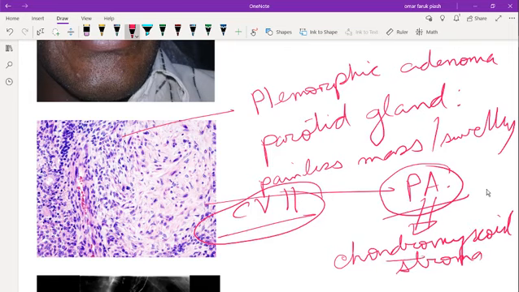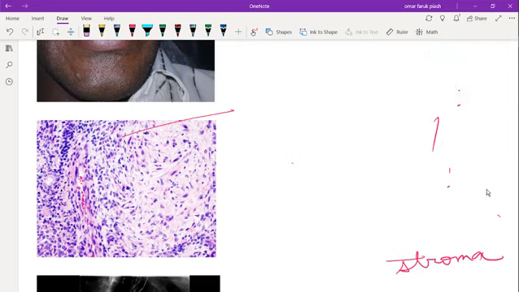And the second one is mucoepidermoid carcinoma. This is the most common malignant tumor. Mucoepidermoid carcinoma is the most common malignant tumor, and it has mucinous and squamous components. You have to remember the composition: mucoepidermoid carcinoma has squamous and mucinous components. And the other high yield